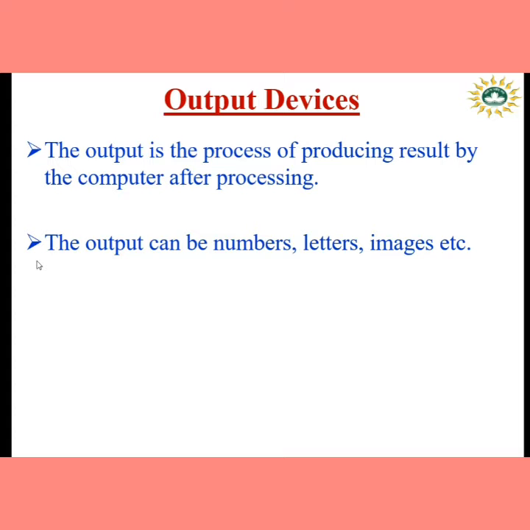Okay, output যেমন আমরা কোনো addition subtraction যদি করতে চাই, তাহলে আউটপুটটা কি হবে? নাম্বার হবে। তারপর কোনো ইনফরমেশন ডিসপ্লে করতে চাইলে টেক্সট বেস, সেটা লেটার্স হবে। আবার যদি কোনো আমি ইমেজ ডিসপ্লে করতে চাই, তো এই আউটপুটটা কি হলো? ইমেজ হলো। ওকে, আউটপুট ক্যান বি এনি টাইপ, নাম্বারস, লেটার্স, ইমেজ। ক্লিয়ার? So this is output.